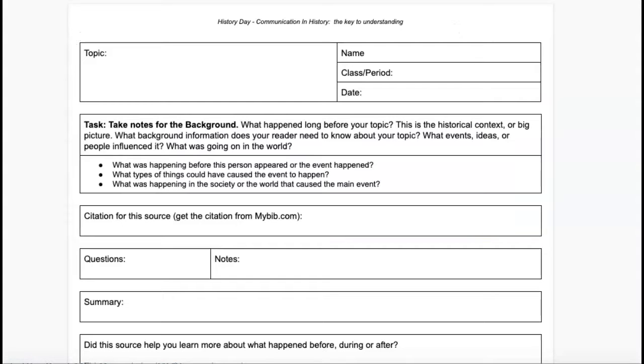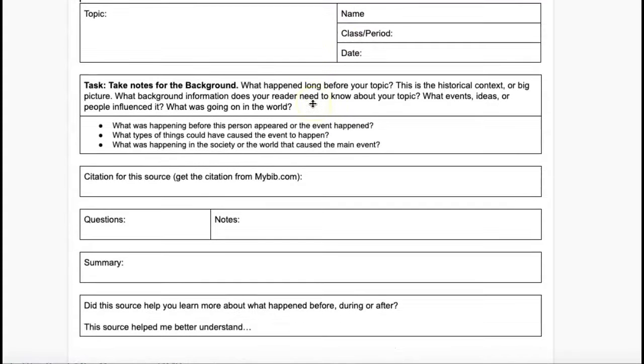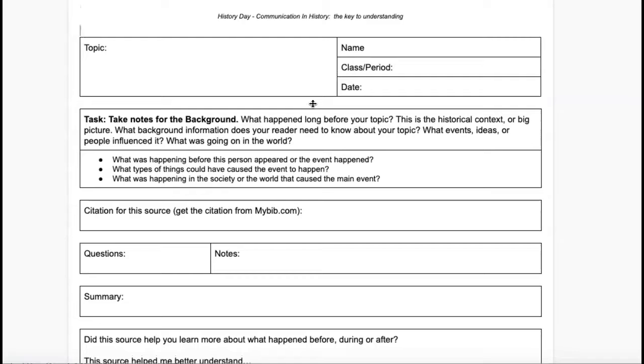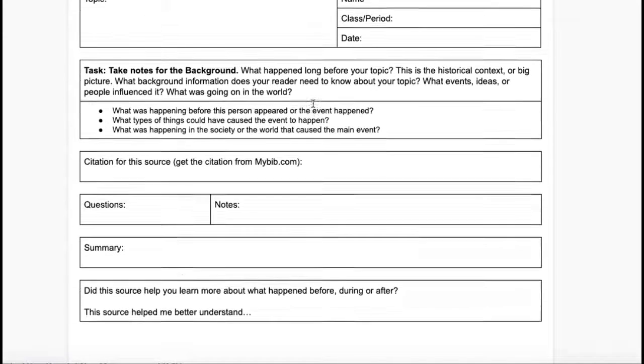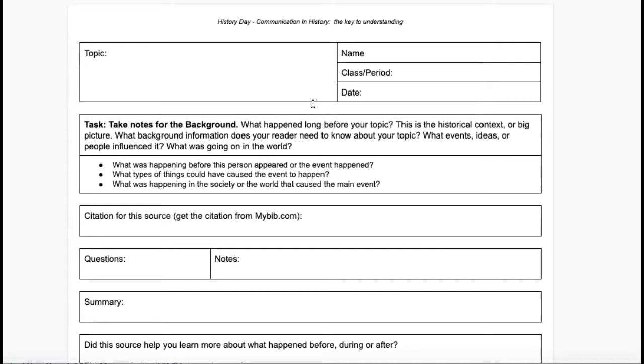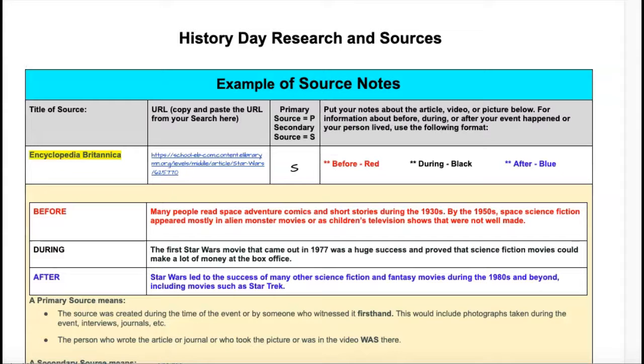So, last week we started working on this very same document. We started learning about the background of our event for History Day, and we should have submitted two different copies of this very same document with information about what was happening before our event or our person did whatever they're known for, right? So this week we're starting off a little bit different, and that is because we're going to